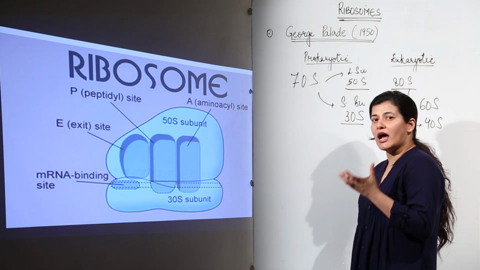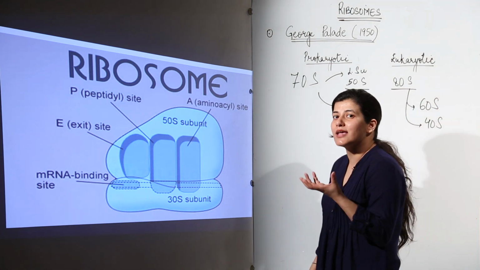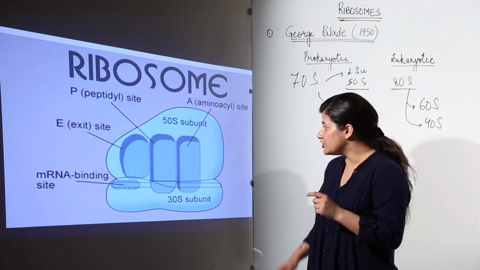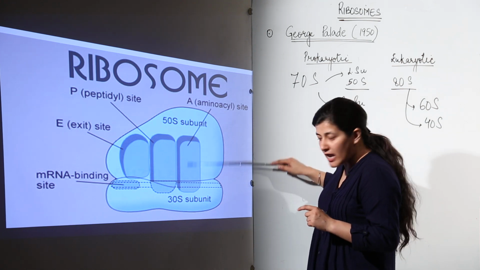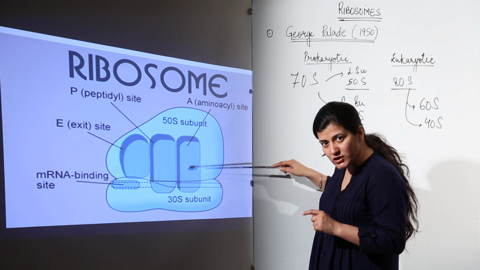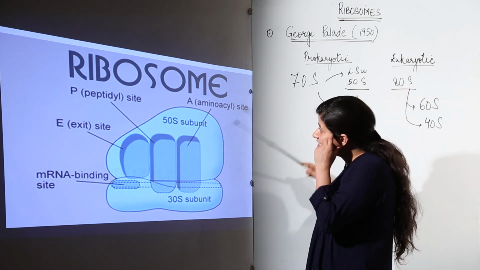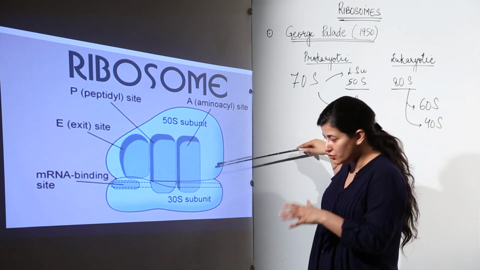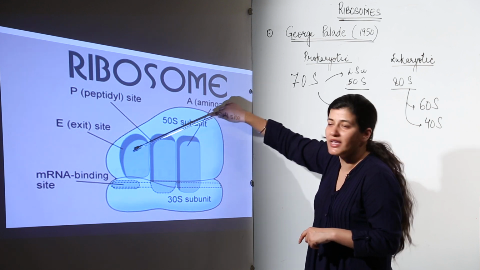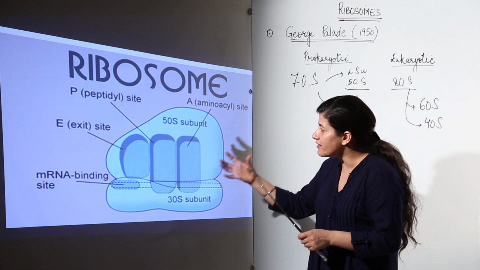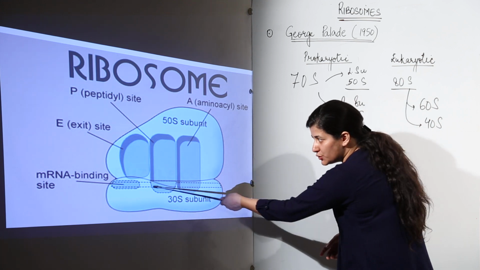Transfer RNA undergoes amino acylation or charging. After charging, it comes to the larger subunit's A site and joins over there. Then it is shifted to the peptidyl site, because the next tRNA is ready to join over here. Then it moves to the E site, from where it is gone, and the ribosome moves further according to the